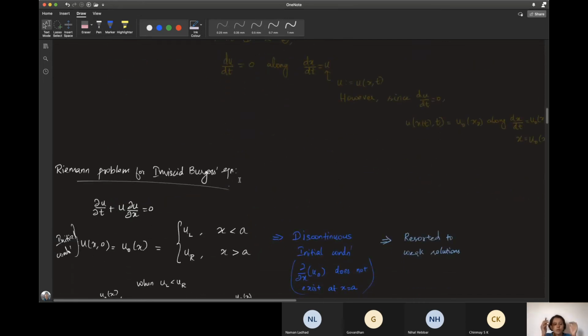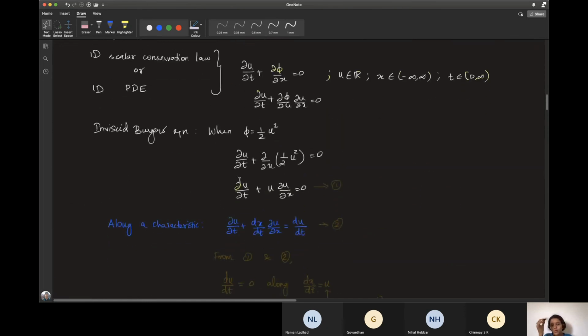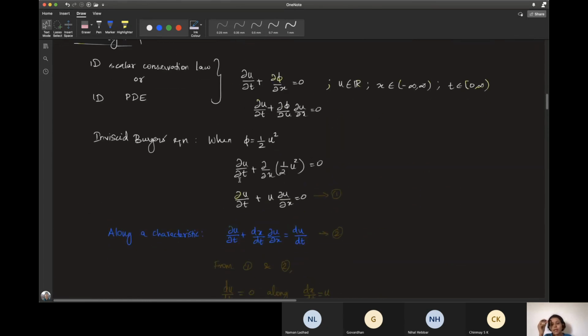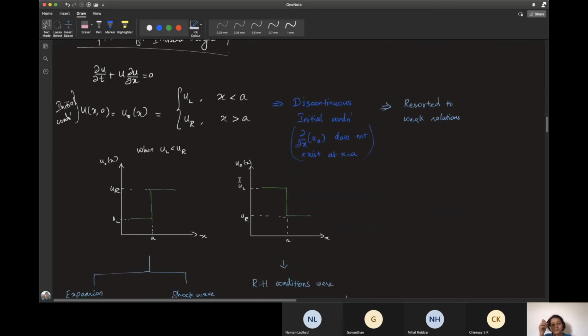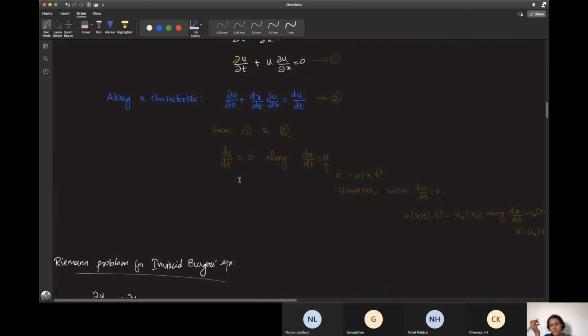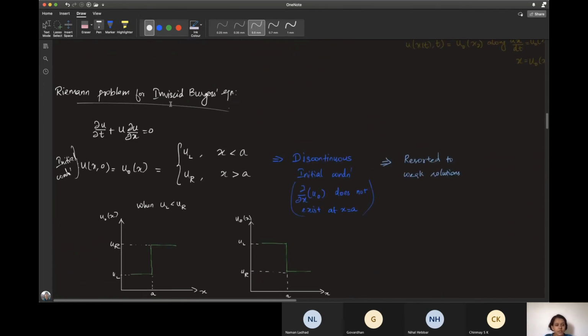So now we have seen what characteristics are, and we have seen the inviscid Burgers equation as an example for a 1D scalar conservation law. Now your initial condition can be anything, right? u naught of x, for the inviscid Burgers equation, you can have any initial condition. u of x comma 0 equals u naught of x naught. Depending on this initial point, wherever you start, this function can be anything.